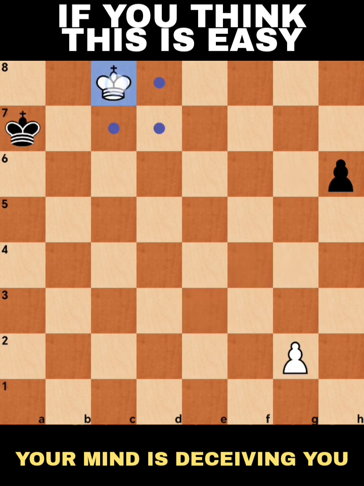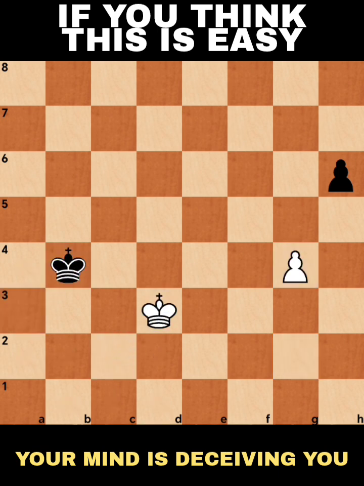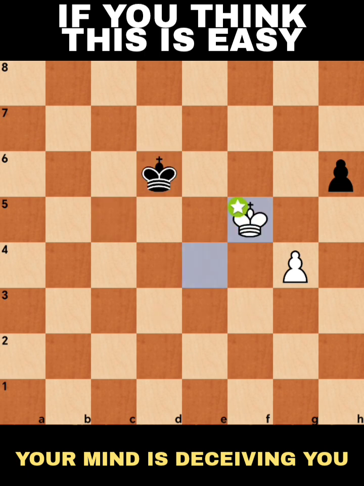So let's go back. I will not move the king. I will move my pawn. The question here is g4 or g3. Let's say g4. It is still a bad move. Why? It's a draw. King b4, king to d3, king c5, king e4, king to d6. Why is this position a draw? King f5, and then